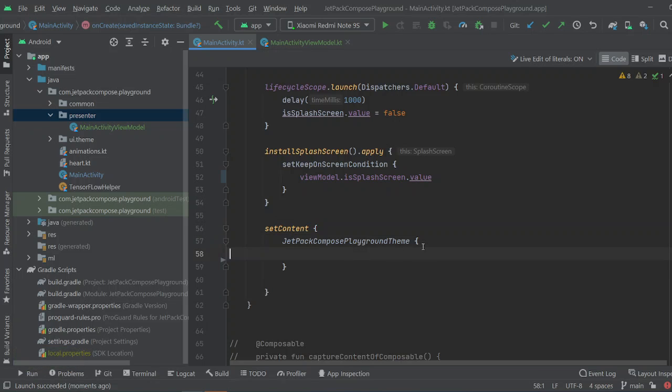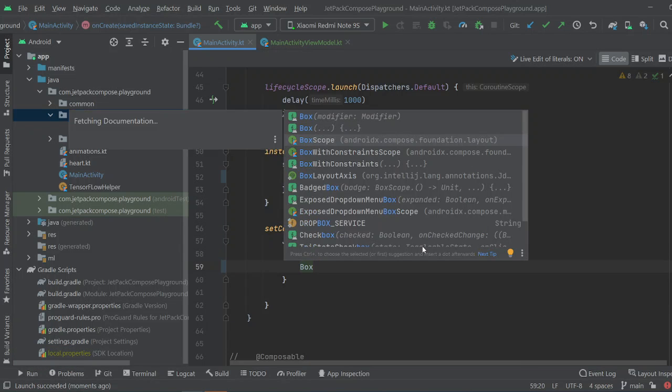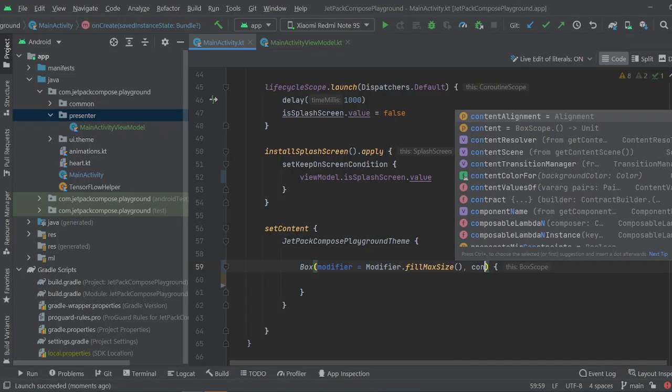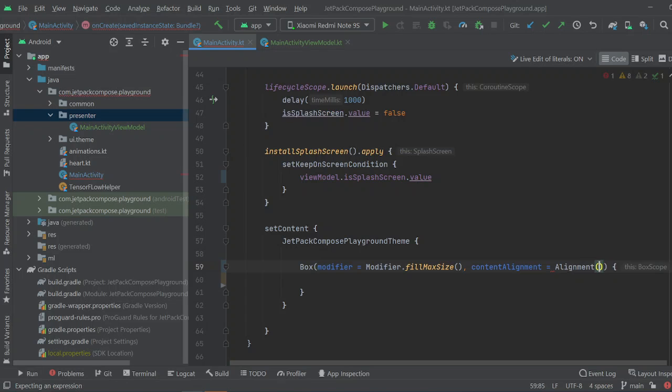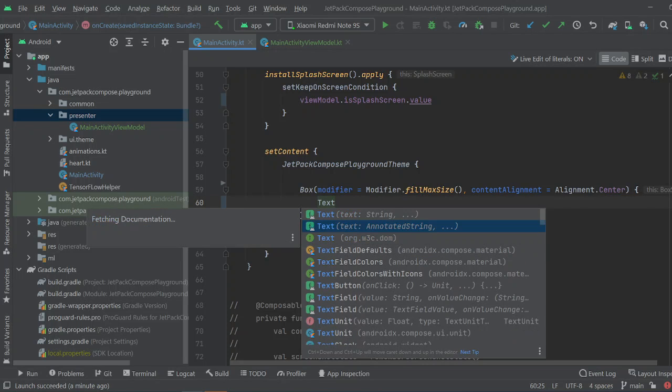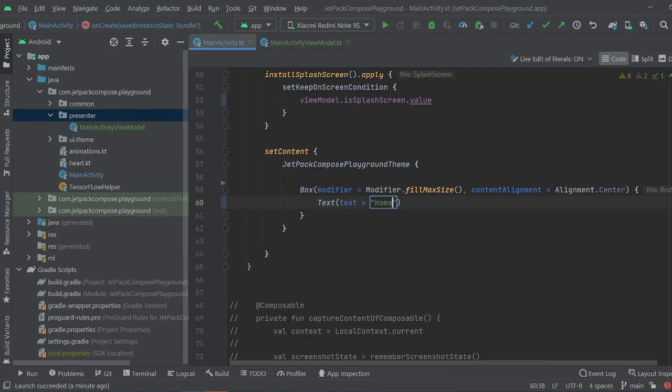Okay, I can create box here, modify fill max size and content alignment. Okay, center and text, home screen,